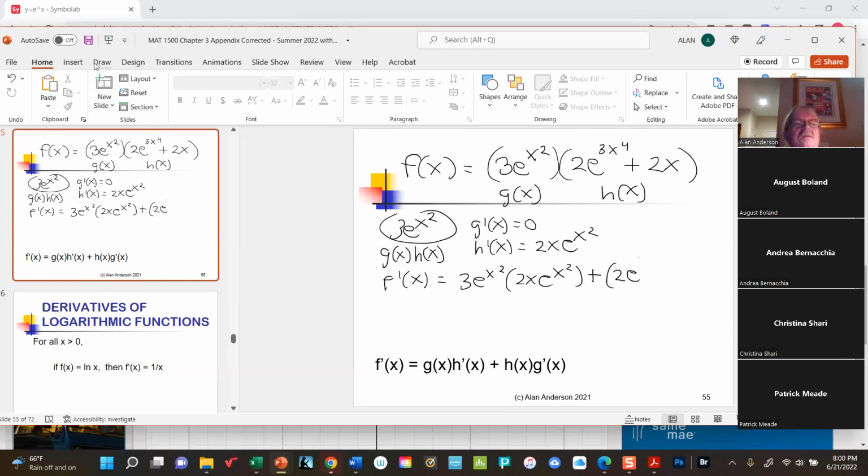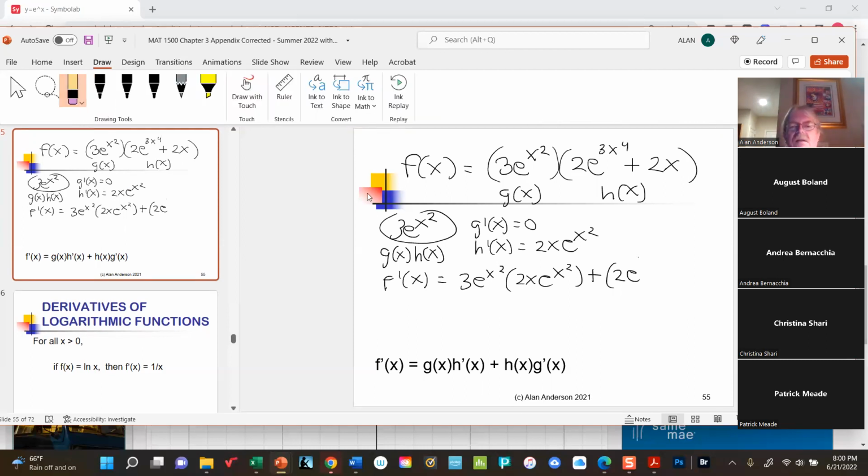No, I'm doing the wrong thing. Hold on. I just forgot. We're trying to do this one term at a time. All right. So if we just focus on the 3e to the x squared, then g of x is 3. g prime of x is 0. h of x is e to the x squared. 2x e to the x squared is the derivative of h. So this is equal to